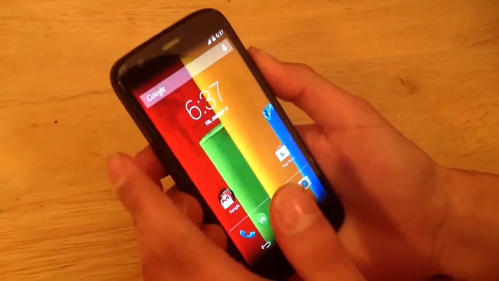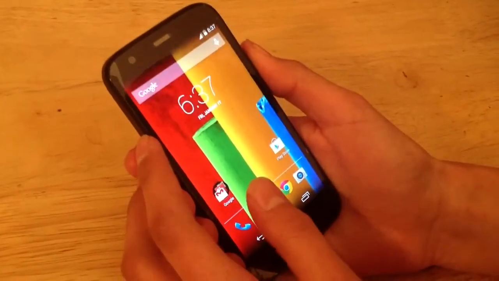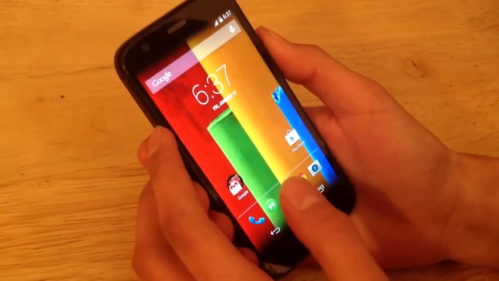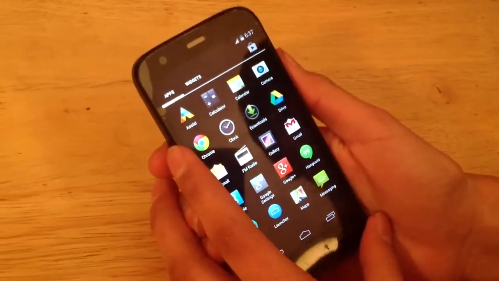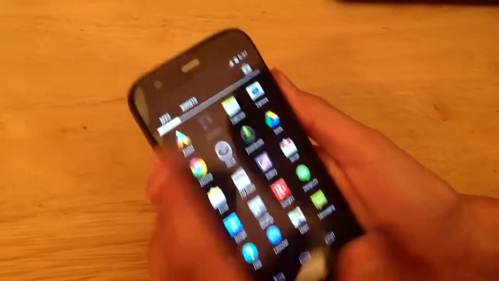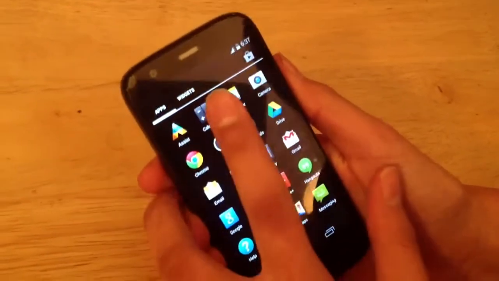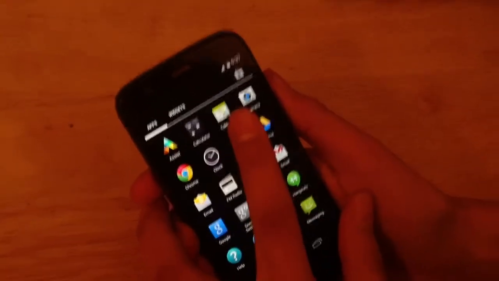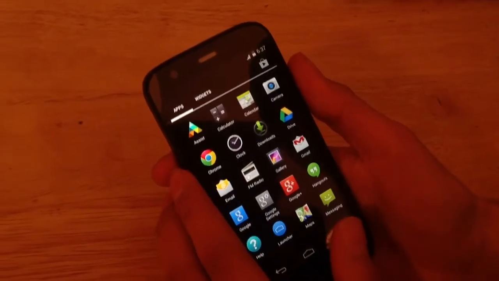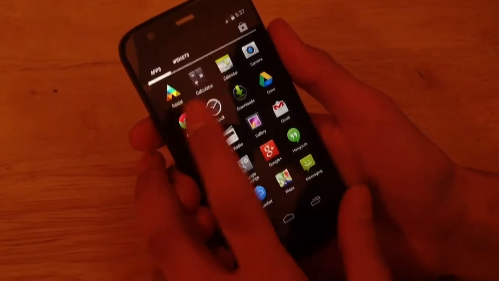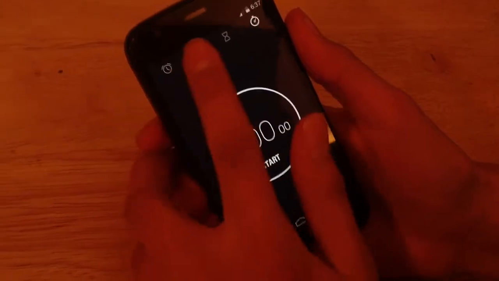Now I'm going to go over some of the stock apps that come in almost every Android phone. So, if I open the app drawer, what normally comes in a phone is calculator, of course, it's pretty self-explanatory, calendar, it's a pretty nice calendar, a camera, Google Chrome, which has replaced the browser since Android 4.1, the clock, pretty nice little clock interface,